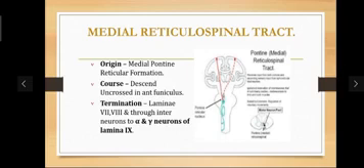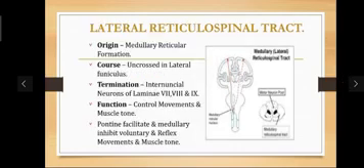So this is also an uncrossed tract, and it terminates in laminae 7 and 8 of the spinal cord through interneurons to the alpha and gamma motor neurons of the 9th layer. And then the lateral reticulospinal tract, it originates in the